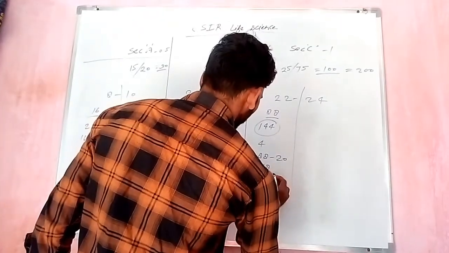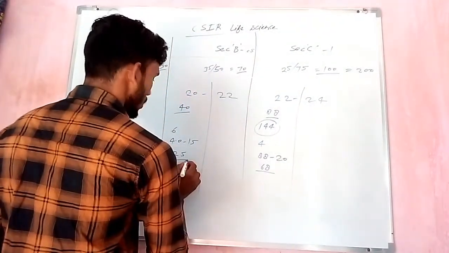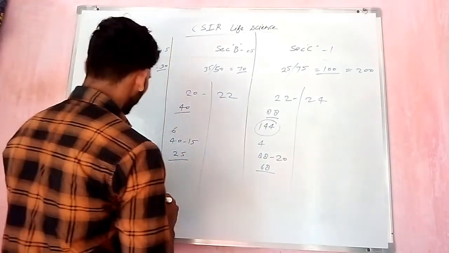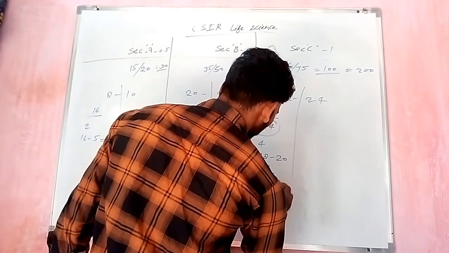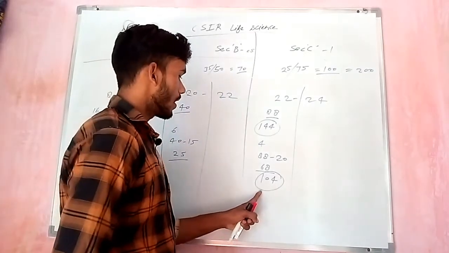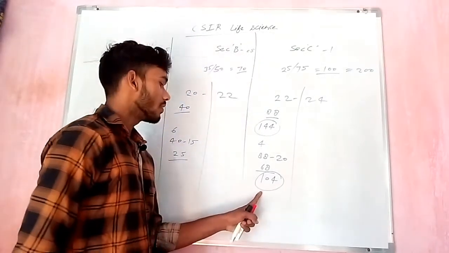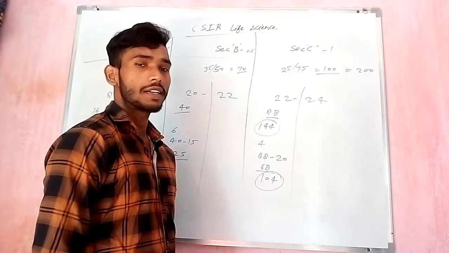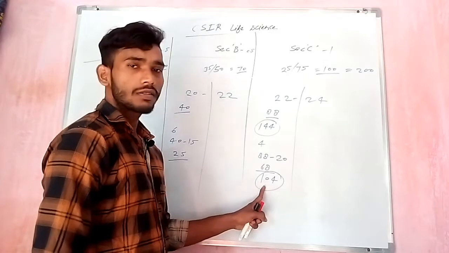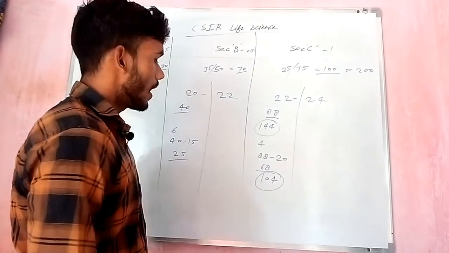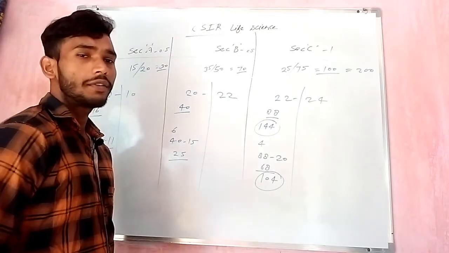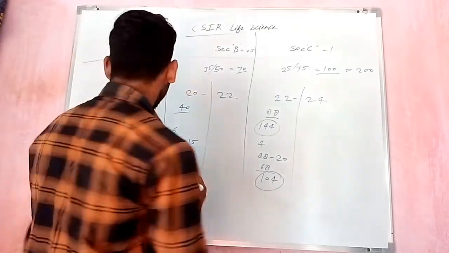Let's calculate: 68 plus 25, 93, plus 11, 104. 104 is borderline, and it is not enough to qualify for the JRF. But if you are preparing for LS, 104 is a good score to qualify for the LS, but our target is to qualify for the JRF. So what do we need to do to qualify for the JRF?